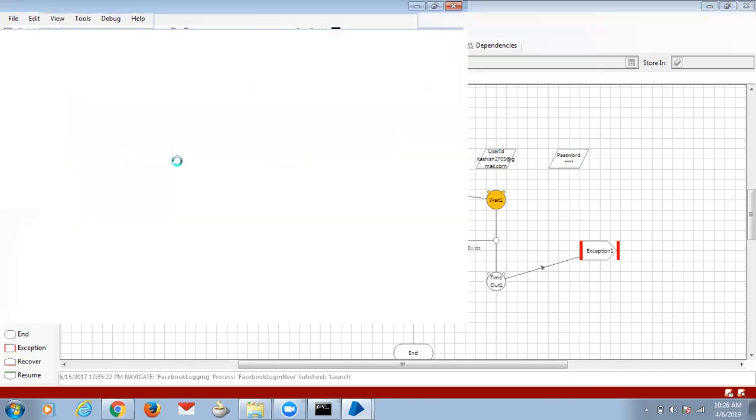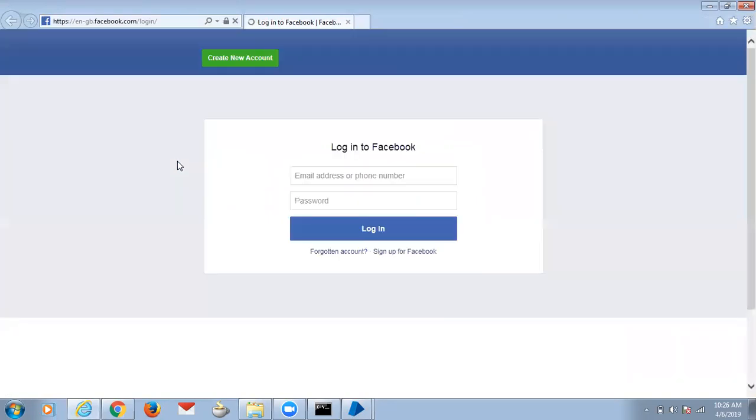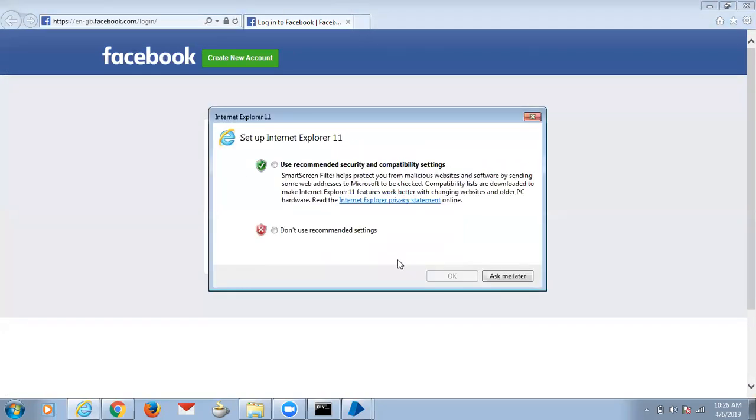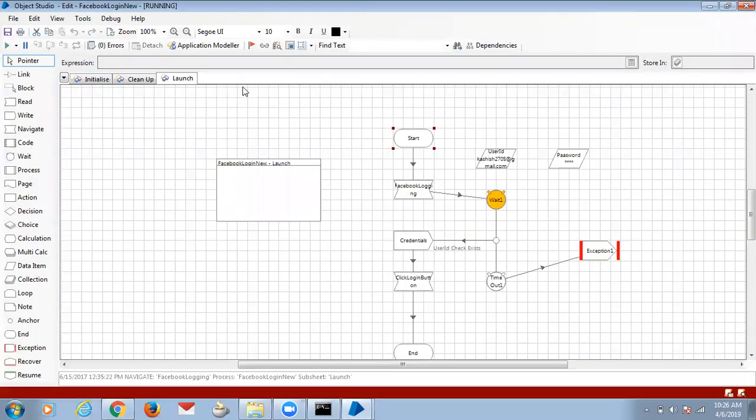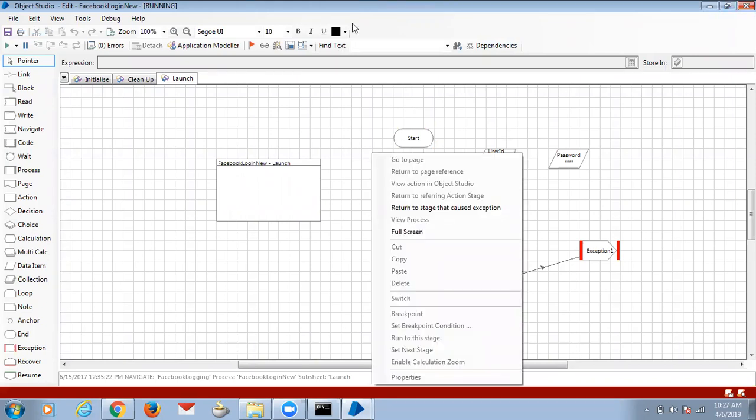Sometimes it works perfectly fine. At other times, it doesn't work at all. This time it didn't work. That pop-up has come. You have to handle that pop-up as well. Because you haven't handled that pop-up, how will the process come to know? No, don't close that. Wait. Give me the access. Sure, boss. You can just request the controls.